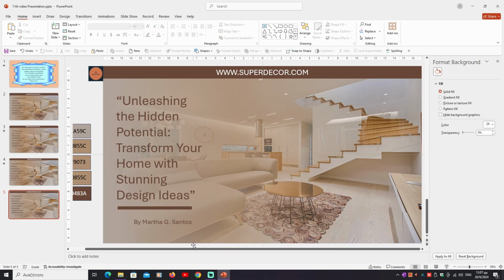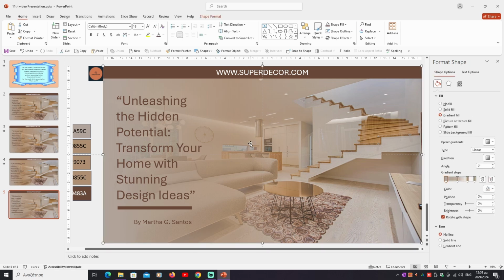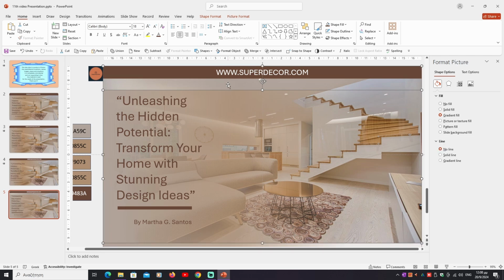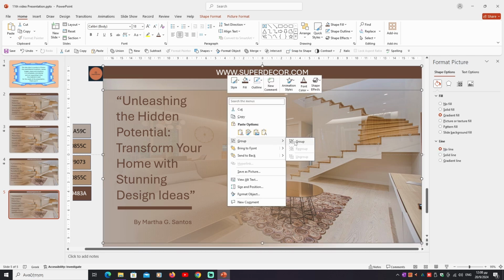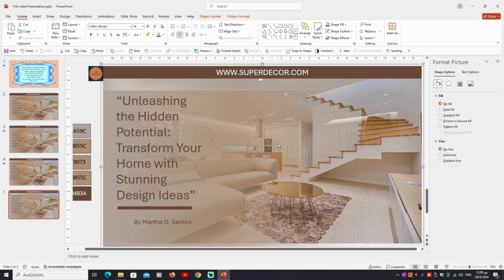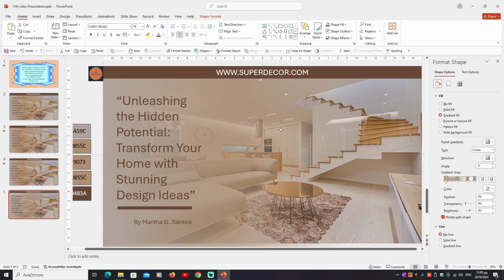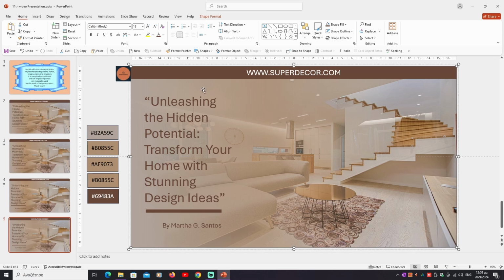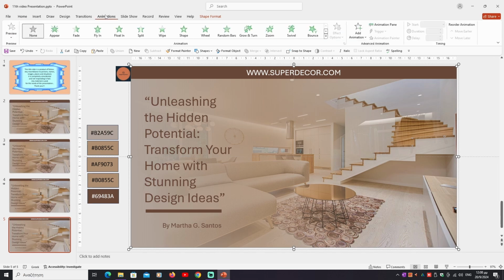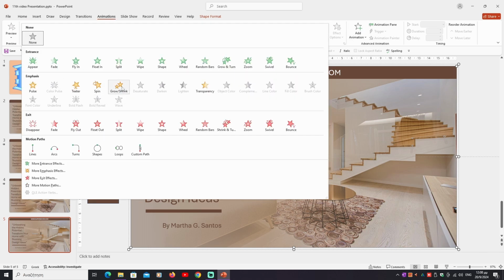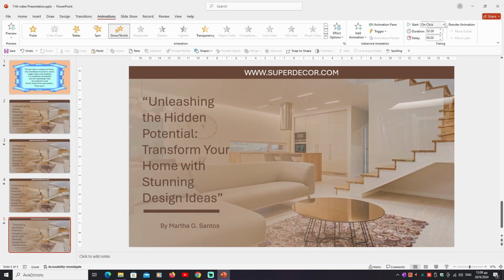And that's it. Now that we have finished the design, it is time for animations. First of all, we group the image with the transparent rectangle. We move the transparent rectangle a little bit, click it, and then shift and click the image. Right click, Group, Group. We go to this image, with the image clicked, Animations, Emphasis, Grow/Shrink. Start with previous,